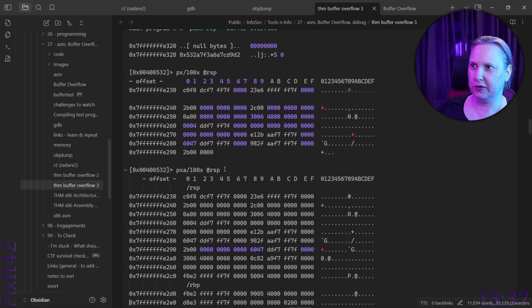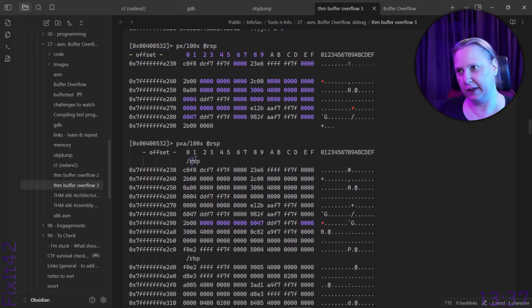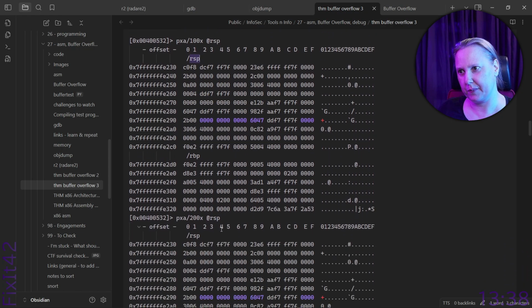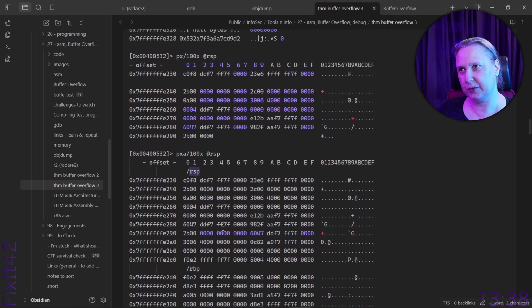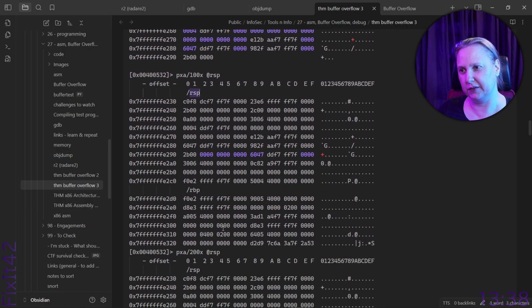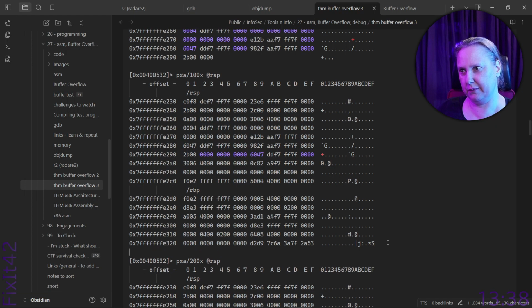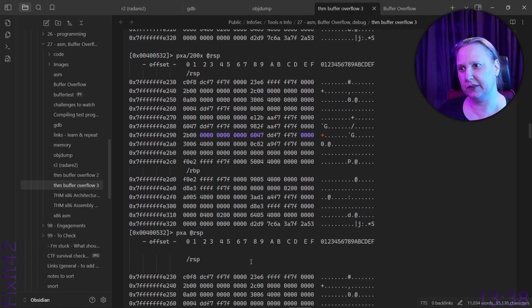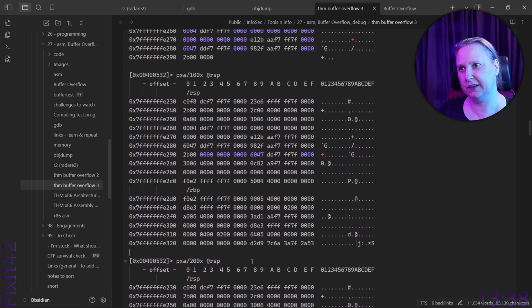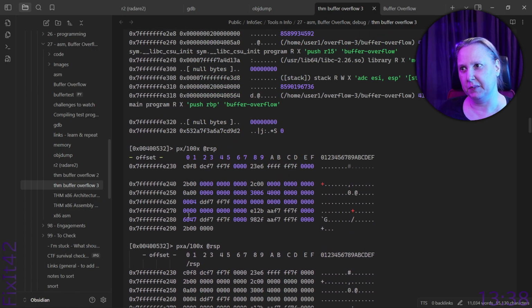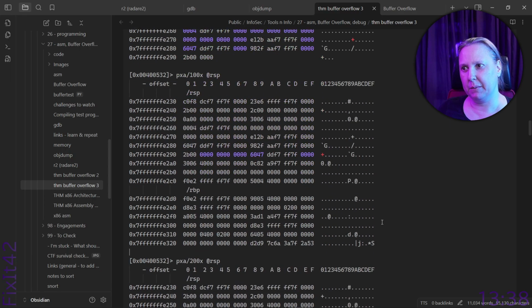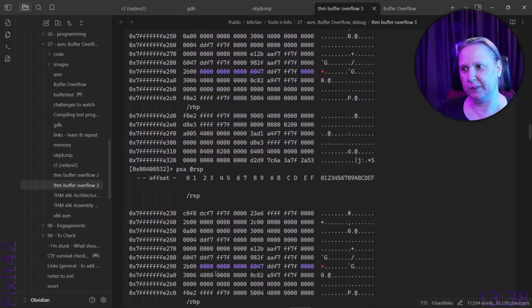Here's the PXA version where we have these labels here. But here the 100 didn't work, or well, 100 base 16, I guess I should say. So, and then we have PXA 200. I was testing here. It didn't work really, right? We get the same amount of output, but with PX we got a different amount. So I'm kind of thinking maybe we should just delete these two.